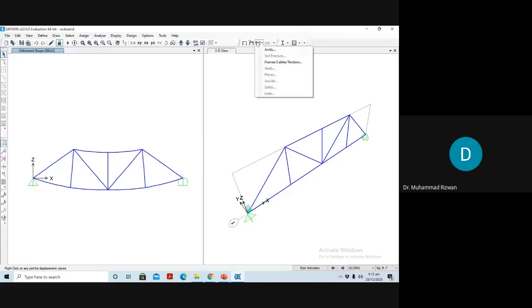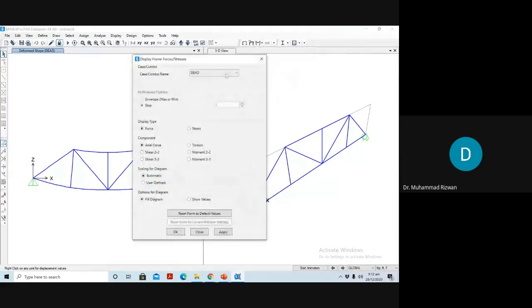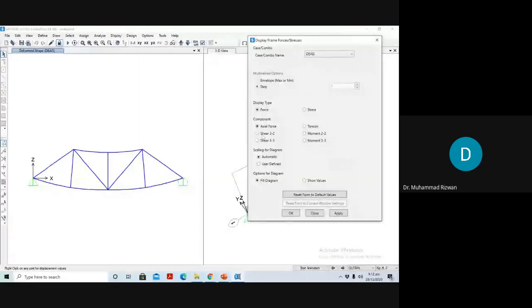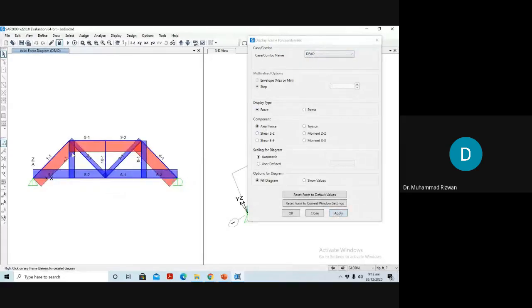forces and stresses, here you can see, if I just click on the axial force, the load pattern is dead load. So you can see all these loadings, these tension and compression loadings, will be visible to you. You can also visualize with the values. Okay, but if you see any other load,